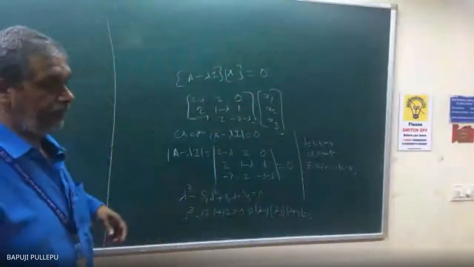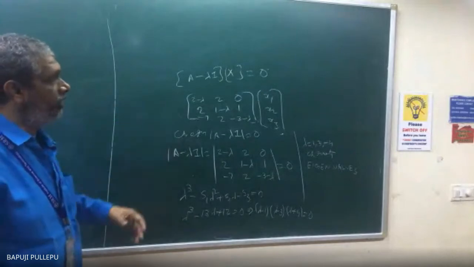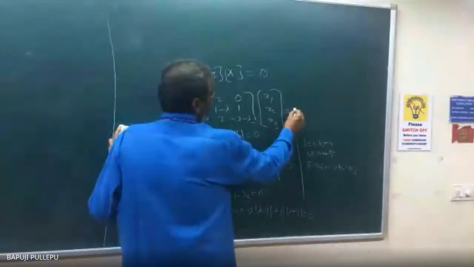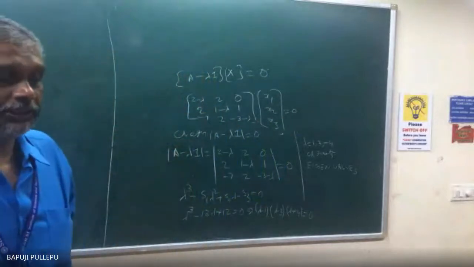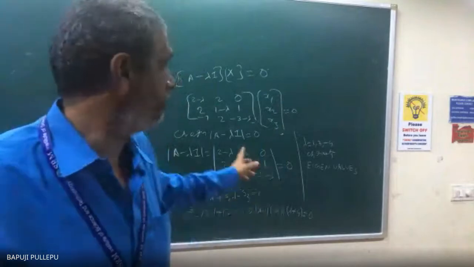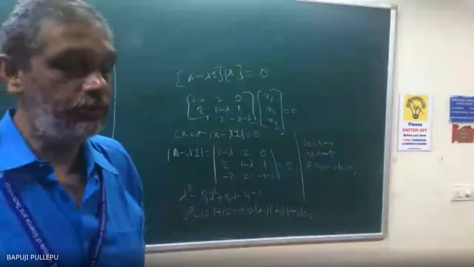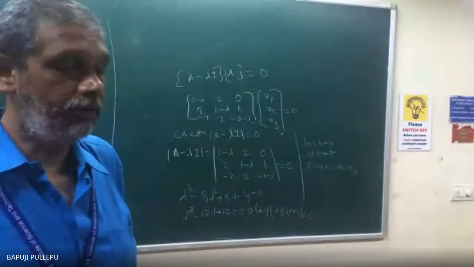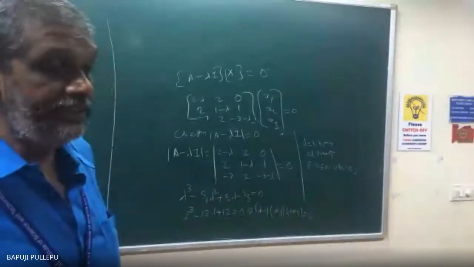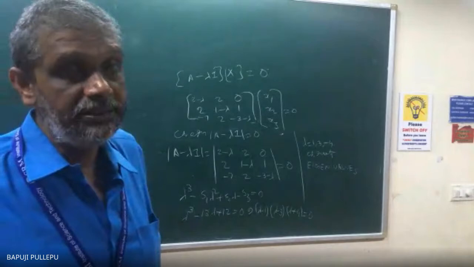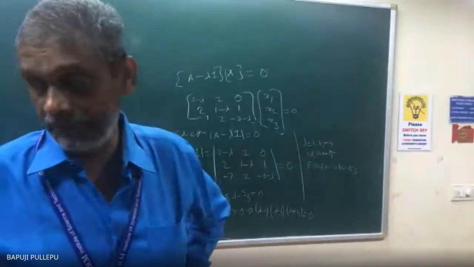Now we see. My aim is to find x1, x2, x3 when lambda is equal to 1, when lambda is equal to 3, and when lambda is equal to minus 4. You can copy down. To find the eigenvector, what will you do? A minus lambda I into x is equal to 0, where x is x1, x2, x3. A minus lambda I you already know. These two are matrices. The characteristic equation means it's a determinant. Don't confuse this and that. Come on, copy down fast.